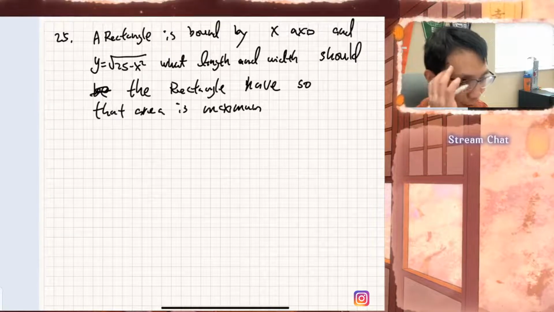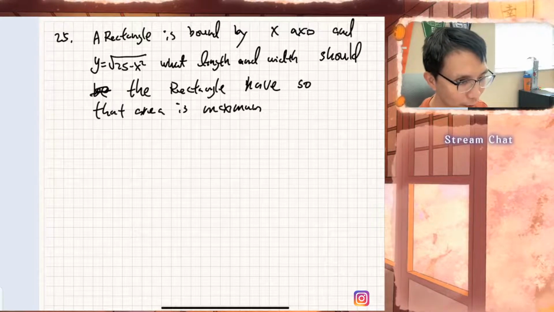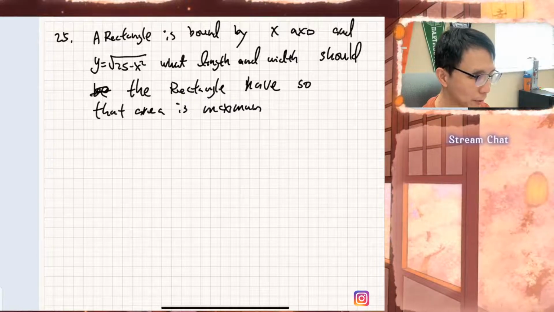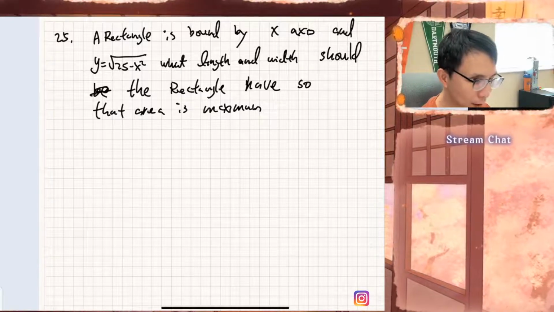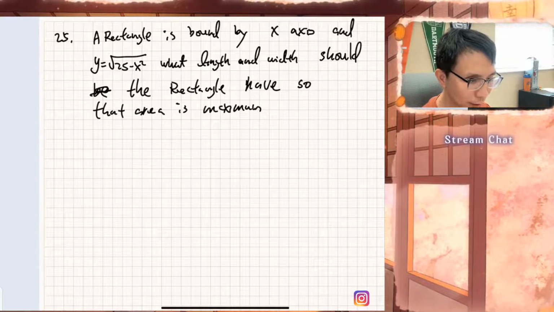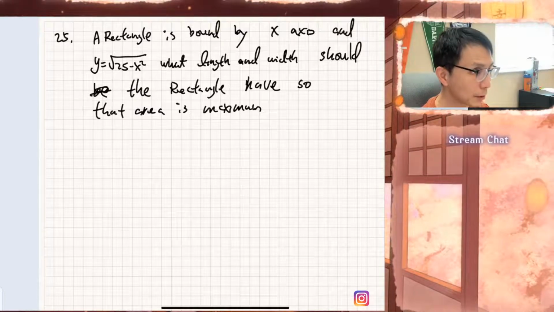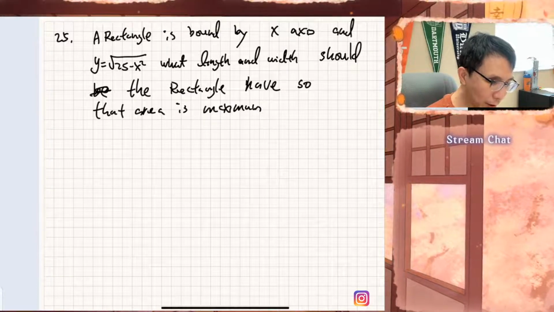Okay, so this video is about one other question. A rectangle is bounded by the x-axis and y equals the square root of 25 minus x squared. What should the length and width of the rectangle be so that the area is a maximum? So first of all, let's recognize that this part here,